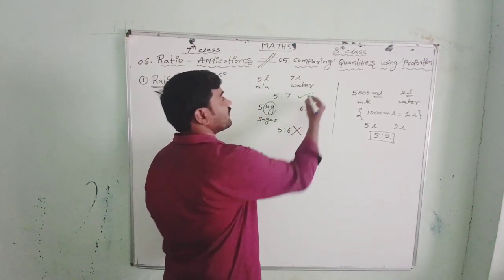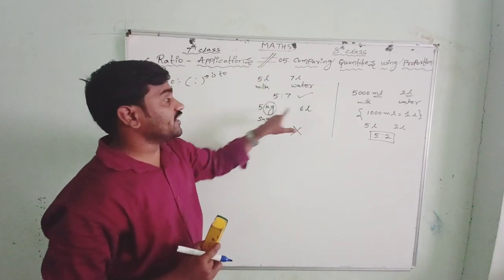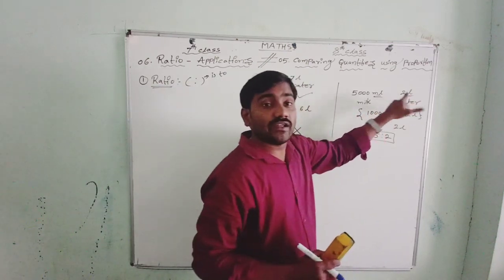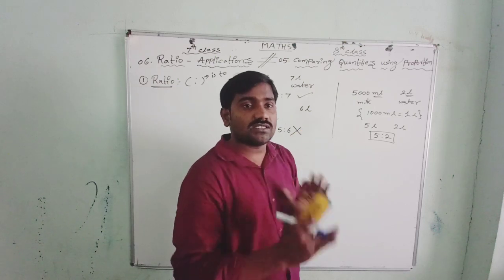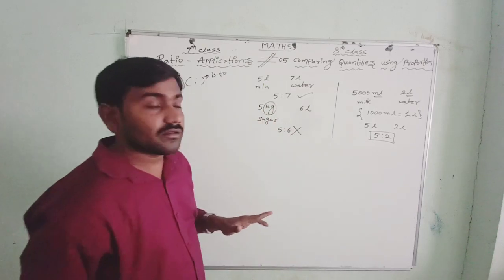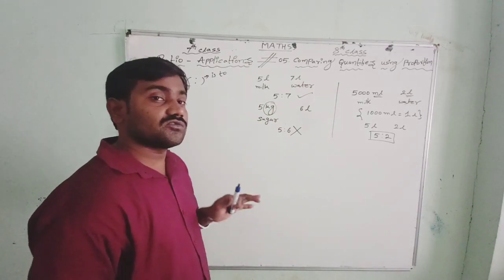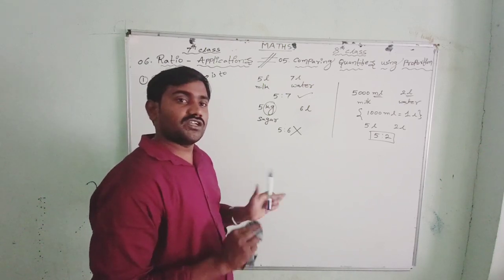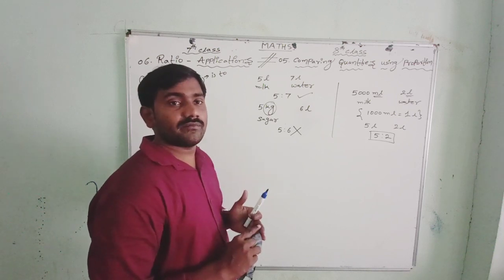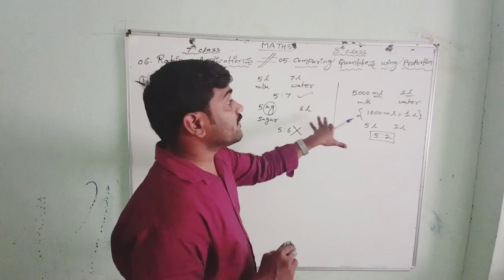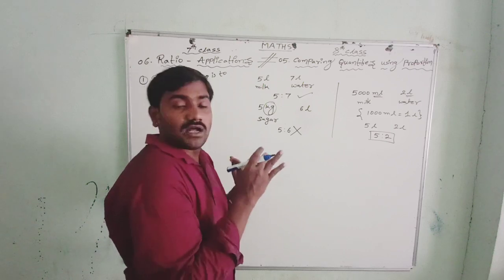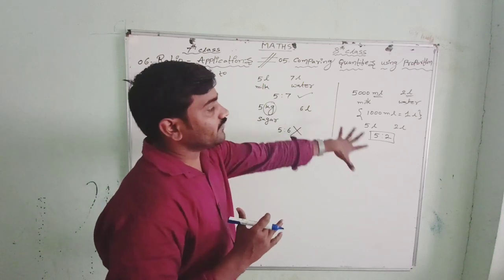We can only make a ratio when they are in the same units. If they have different units, we cannot form a ratio. But if units are different and it is possible to convert them into the same units, we have to convert them, then we can make a ratio. These are the three main things to remember. First of all, see whether the units are the same or not. If the units are the same, you form a ratio. If units are different, we cannot form a ratio. If units can be converted into the same units, then we can form a ratio.